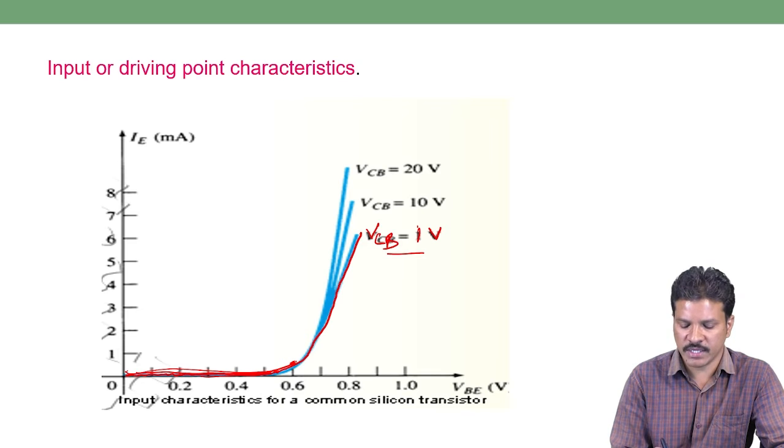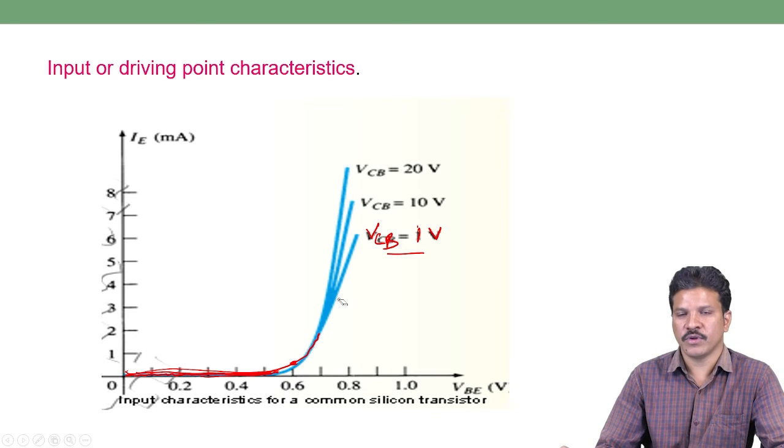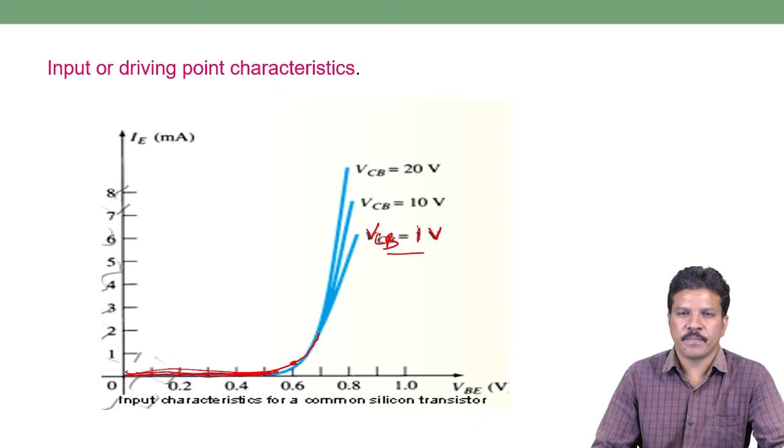Once it reaches the cut-in voltage, the minimum voltage to establish current in the emitter-base junction, the current flow from the emitter through the base increases exponentially. So this kind of graph will be obtained from the procedure. In the second step,